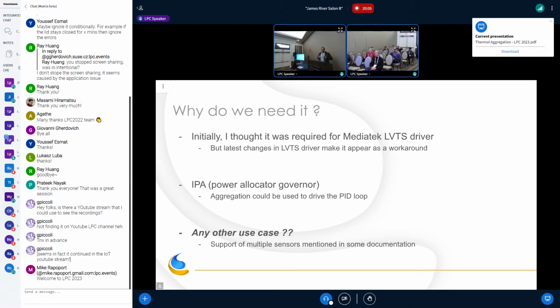What kind of use case, for the power allocator governor or for another use case? Yeah, I didn't look at your full proposal, but in general, the way our virtual sensor works, it's not just sensor aggregation, but it also has inputs from other subsystems. Like you have one CPU sensor, for example, but you want to interpolate what my skin temperature would be. So that sensor plus maybe some other sensor, but they don't have a sensor on the skin. So that plus your CPU utilization and what parts are closer to that. Okay. So it's also an equation. So it's not just sensor aggregation, it's sensors plus other inputs.